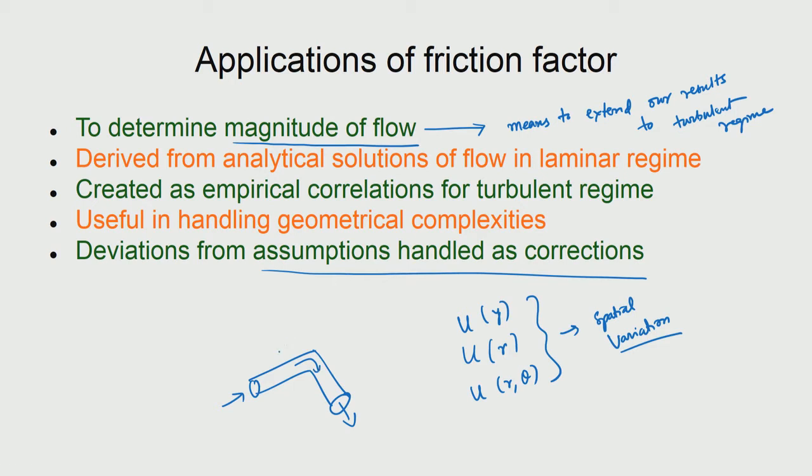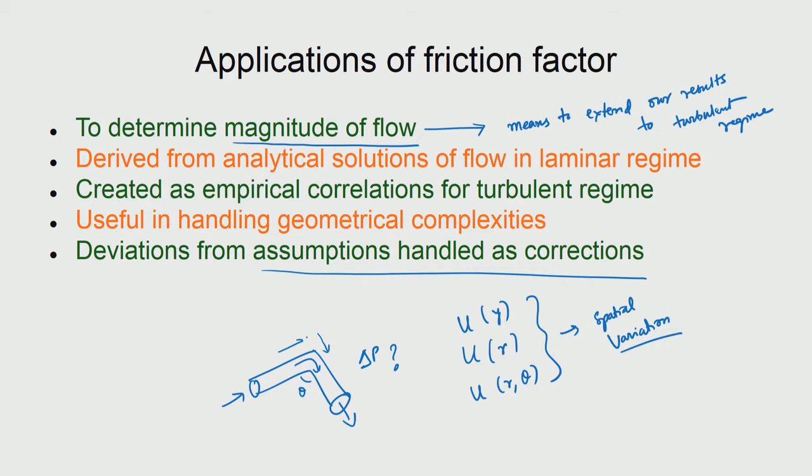So, the horizontal velocity has to come to a stop and the vertical velocity has to start. Those gradients are all going to dissipate the energy, and therefore each of these bends, because of the theta angle bend, should lead to some pressure drops. Now, how are we going to get these? These also can be modeled using the concept of friction factor. So, that way this concept is very useful in handling real life problems,